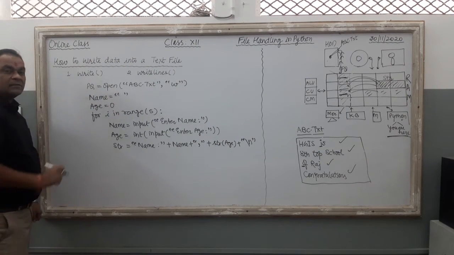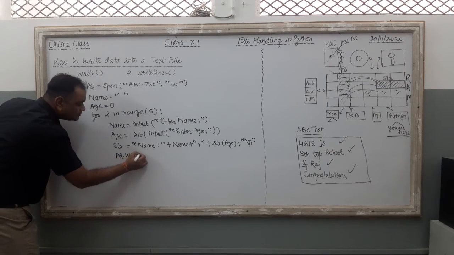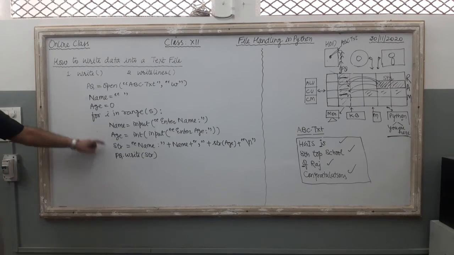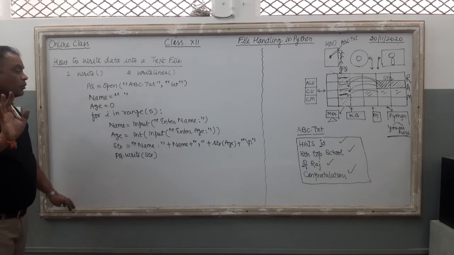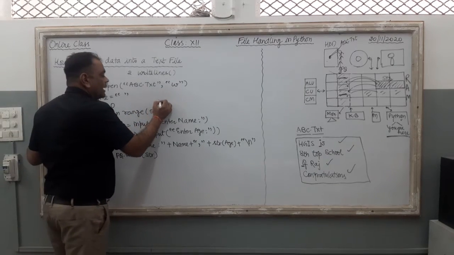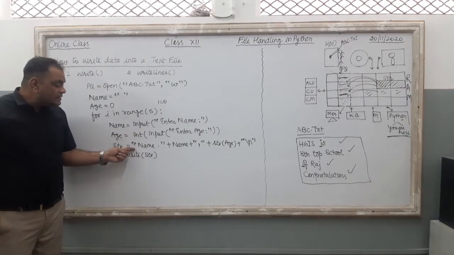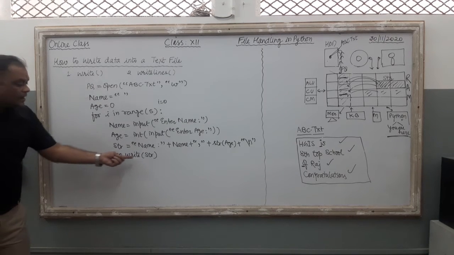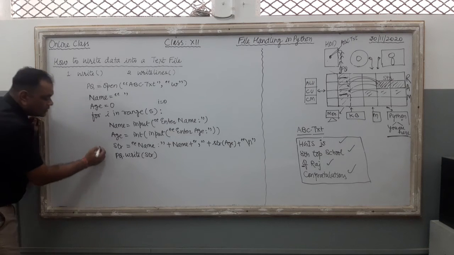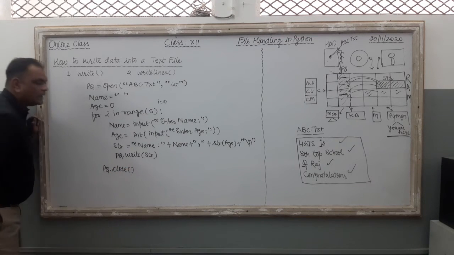Now this string variable is ready. Now I am using pq.write str. This is my command inside the for loop. For loop works 5 different times. When it executes at the position 0, i equal to 0, first student name, first student age is entered by the user. It is collected in a string format, and the string variable is going to write in the pq object, pq handle. Clear? Now, just after the for loop, close this, pq dot close. Clear?